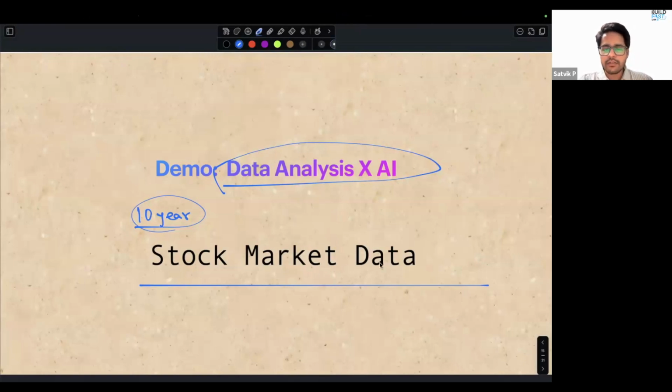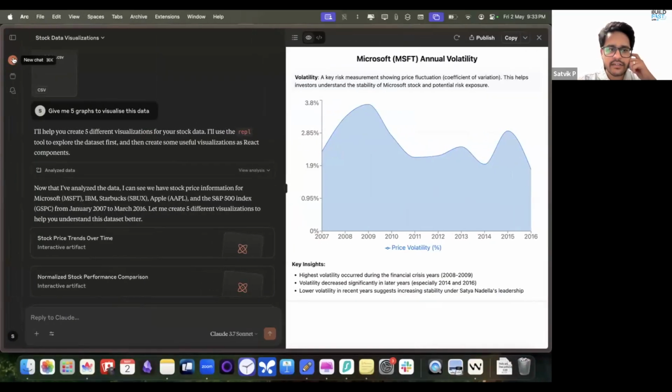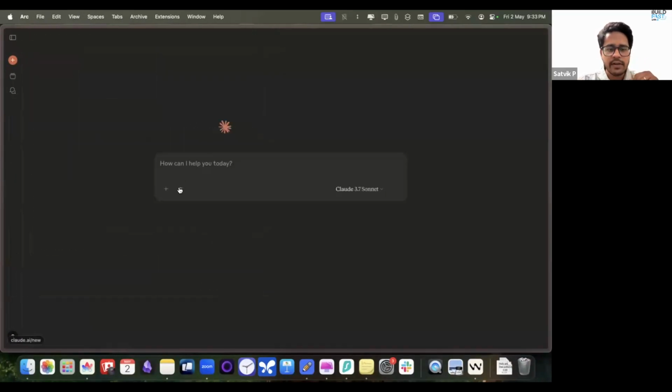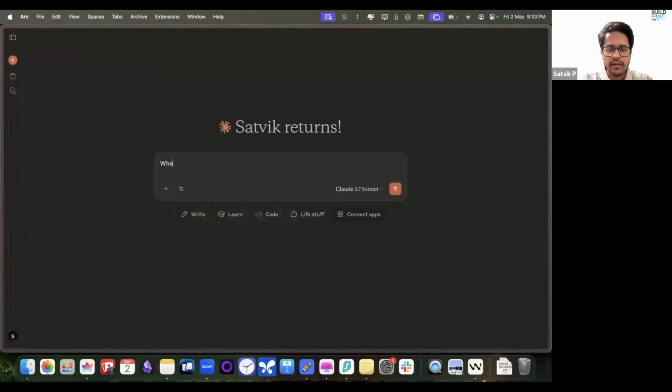Okay, great. So now what we have seen is, earlier in the beginning of the session, I took data that is at least 10 years old and we did some analysis on top of it. So now what if I want the latest data? Current LLMs don't have knowledge of stocks. To check that, let us see this. If I don't enable web search and I just ask what is the stock price of,